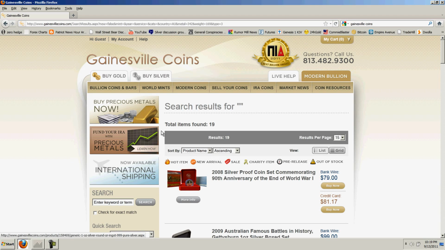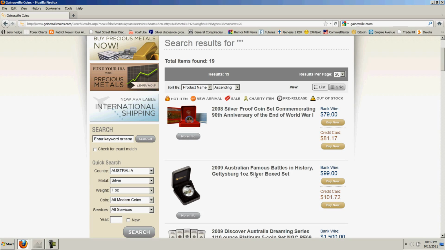So we search on that, we can see we found 19 items. So we'll flip our page view to 20 so we get everything on one page. And the first thing that jumps out at you here is that you want to keep this icon in mind, this out of stock exclamation point. But the first thing that jumps out at you is that everything here that you're looking at is some kind of